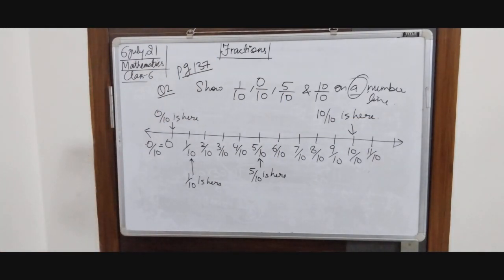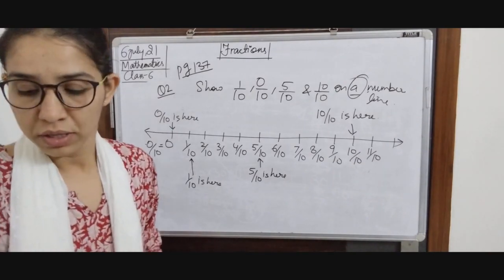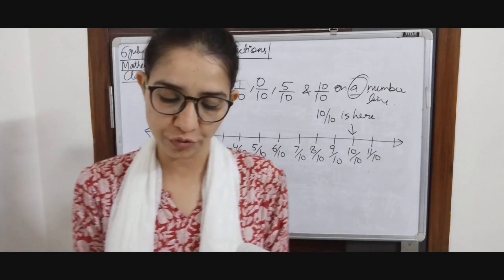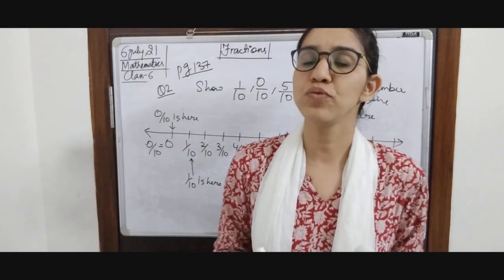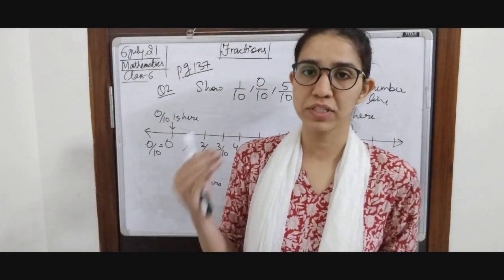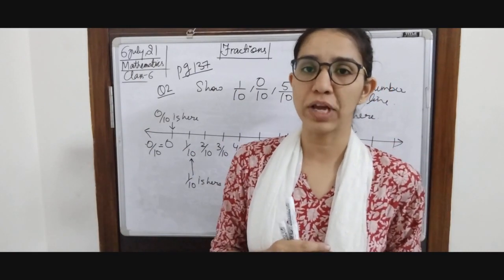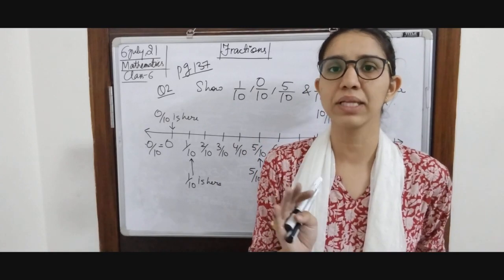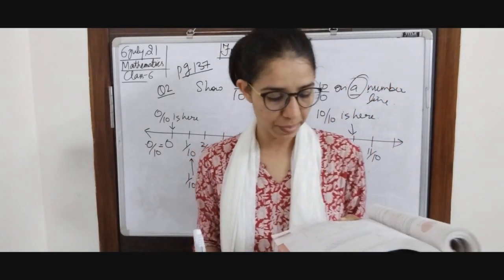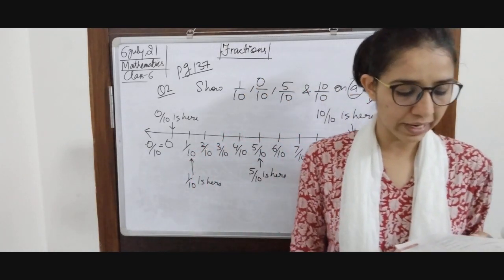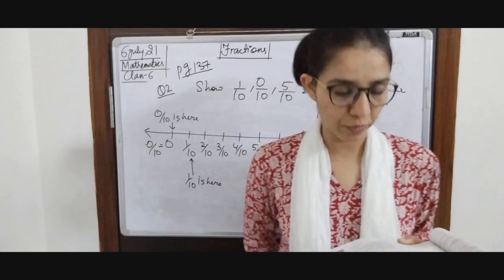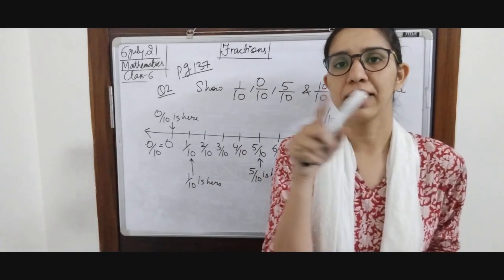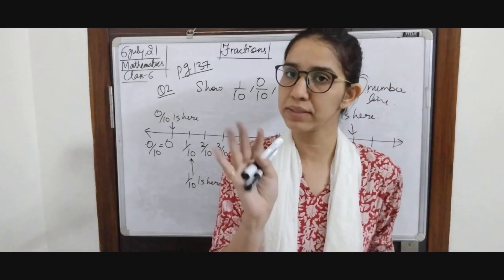Now question number 3 in the Try these, I am going to do this verbally. Can you show any other fraction between 0 and 1? Yes, we can represent many fractions between 0 and 1 which are less than 1 and greater than 0. There are going to be uncountable fractions between them. So you can write any fraction and you can represent it. You can use 1 by 4, 1 by 5, 1 by 7, 2 by 7 and so on. But the fraction should be less than 1.